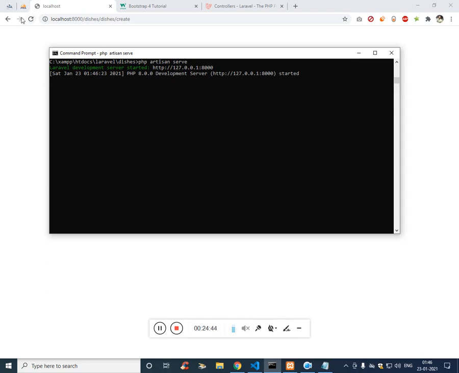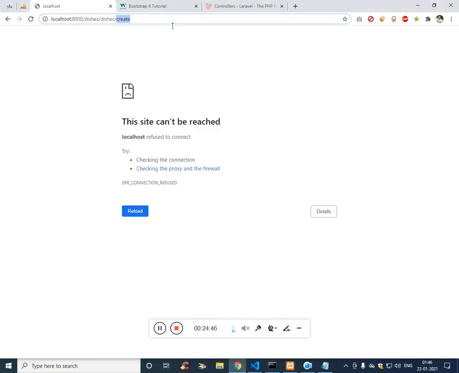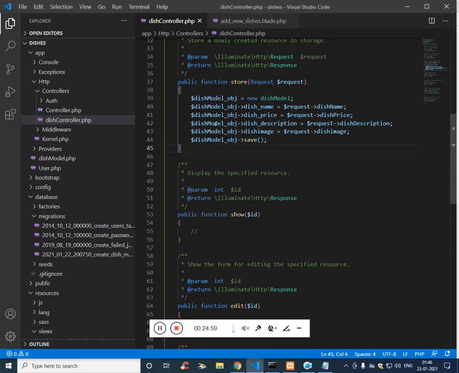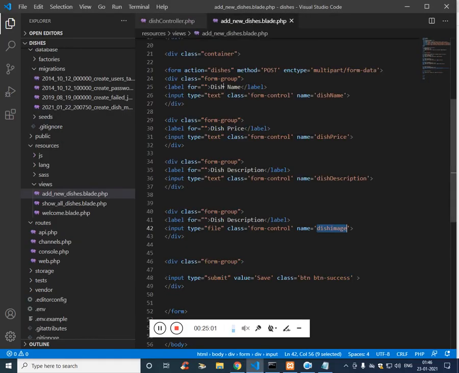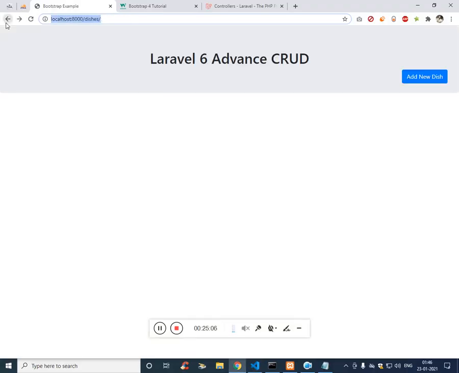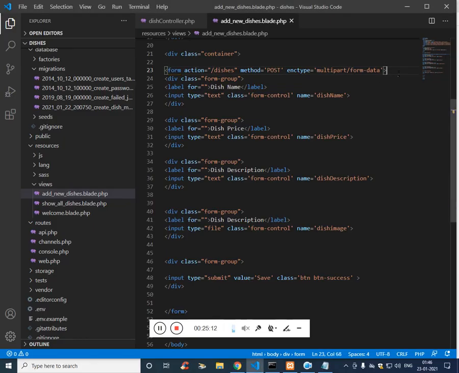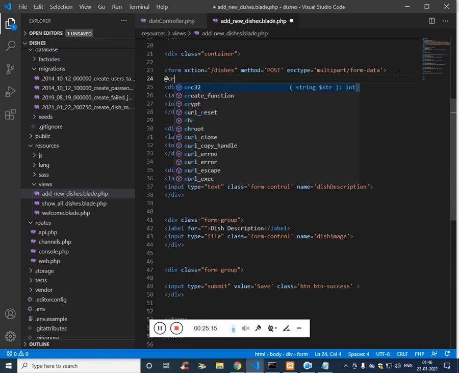By the time it should reload, it has not reloaded. Let's click enter, click dishes, click on add new menu. We have forgotten to use forward slash, add new dish slash, add new dish. So one more thing, whenever we use a form we should type @csrf.